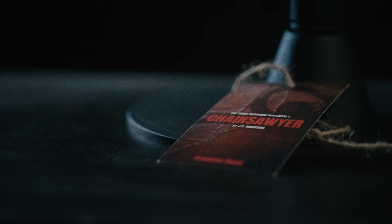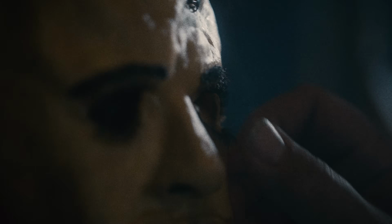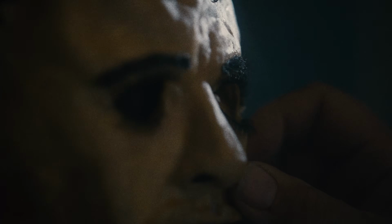The Chainsawyer. A perfect representation of the first mask worn by Leatherface in the original film, commonly known as The Killing. It is the first glimpse Tobe Hooper gives us of the killer. Featuring an opening at the mouth, reshaped with a piece of metal tied into the skin,